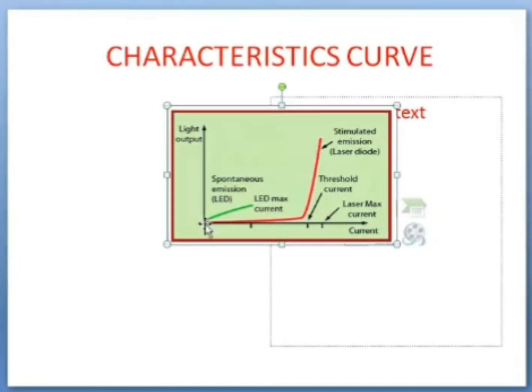If you see, up to some extent the current is very less. Once the emission and vibrations undergo the avalanche effect, because of the avalanche effect you will have high multiplication of spontaneous emission of the electrons. Because of that, you will have high light intensity, sorry. The power will be more over here. That is seen clearly.